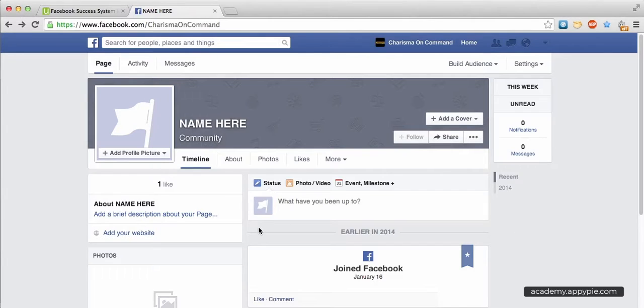Okay, I'm here at facebook.com with my page skeleton, which just means there's nothing on this page at all. It should look very similar, if not identical, to the one you have created. What I'm going to do here is go through my 5 critical elements and show you step